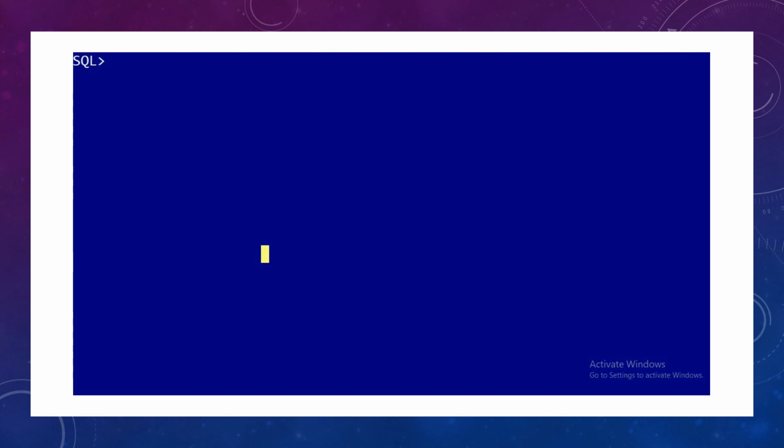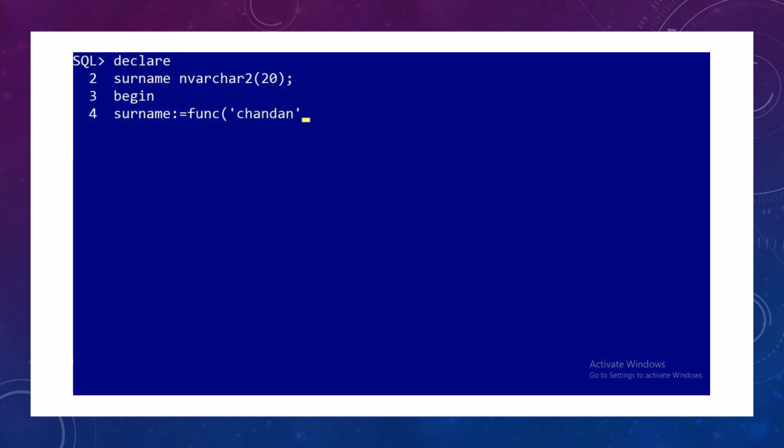Let's call the function. So I'm writing a simple procedure for that. Declare. So I need to have a placeholder for the return value, surname size 20, begin. So surname equal to function, and I'm passing a parameter that is value for name.